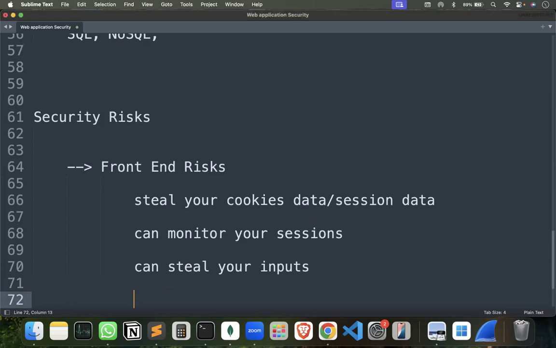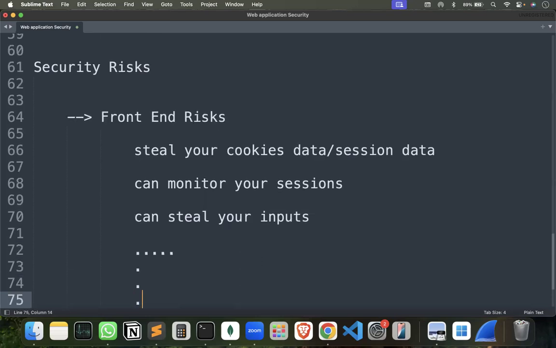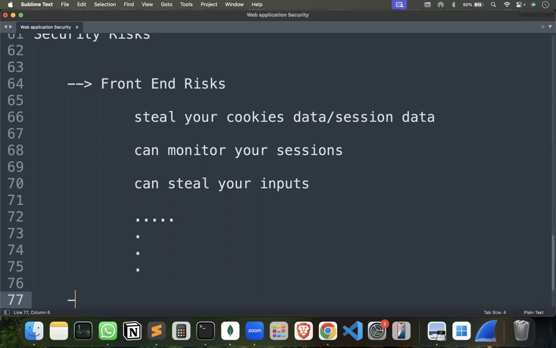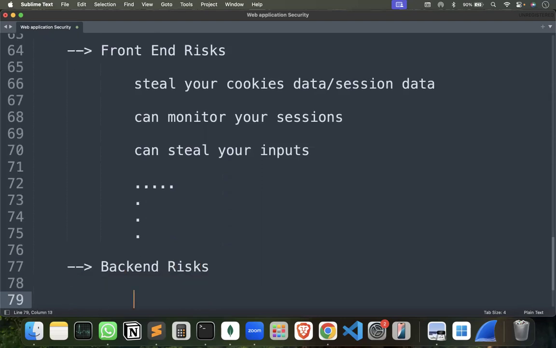So yeah, there could be some of them, front end risk mostly. Similarly, there are back end risks. Back end means server risk, server side attacks, so mostly APIs, they send the API requests,